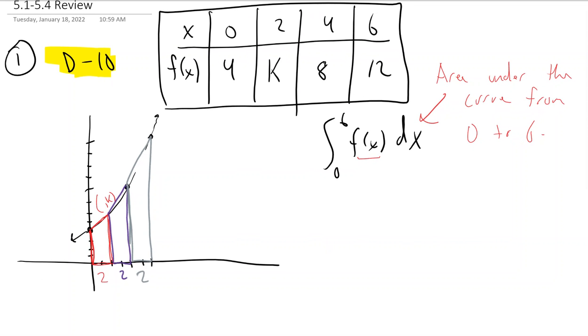And now here's the real key to be able to work this in a reasonable amount of time. What is the area of a trapezoid formula? Height times base 1 plus base 2 divided by 2. Okay, you do have to know that. They expect you to know that, so we expect you to know it too. Okay, well, the first trapezoid,